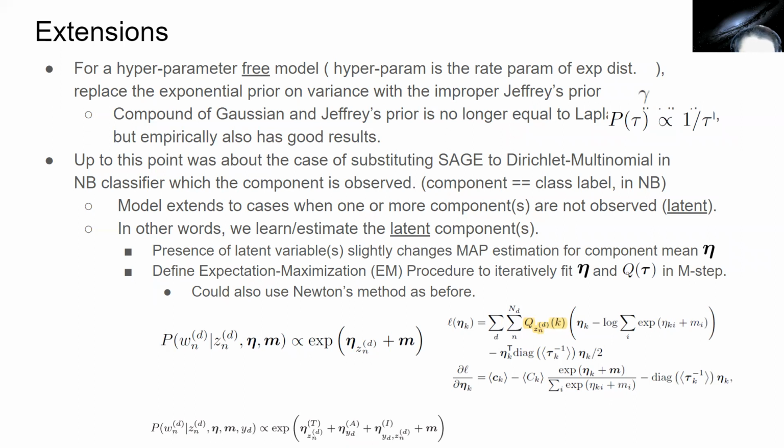The distribution for the generative model beneath here is for when there is more than one latent variable. Specifically, as you can see, in the exponent, the first term, eta with subscript Cn, accounts for the topic. The second accounts for the perspective, for example, any metadata. It could be like the text,